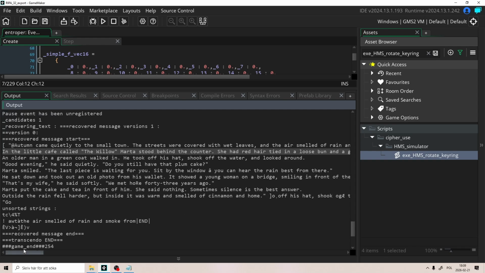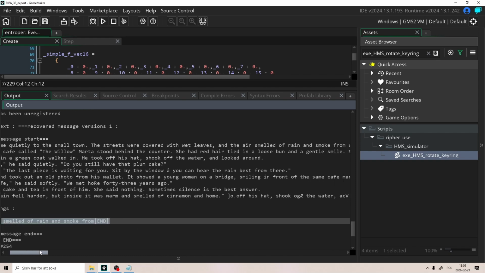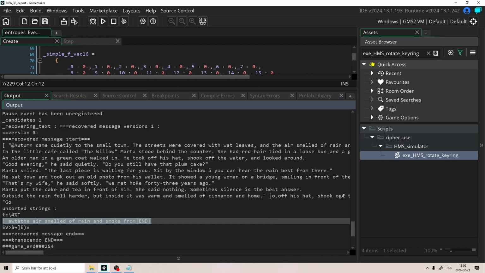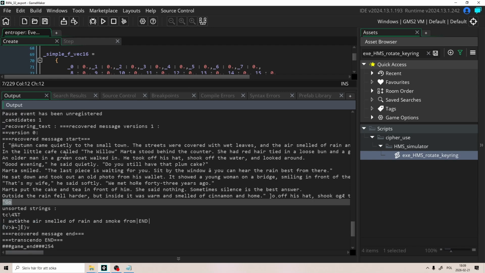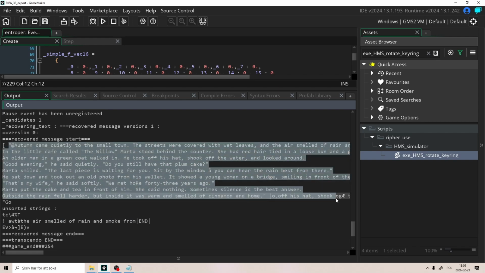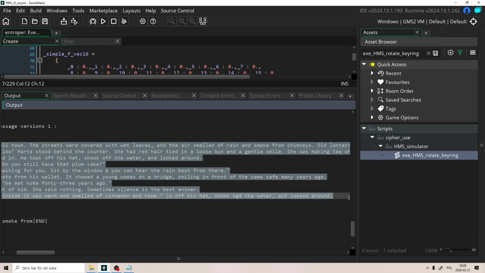And the unsorted strings are the start, the end, so this is the filler to fill the space for exactly 480 bits in the block, so there is some random data, and this is one lost string that we didn't find a place for, like this too. Because we have 5 copies of every chunk of the text,